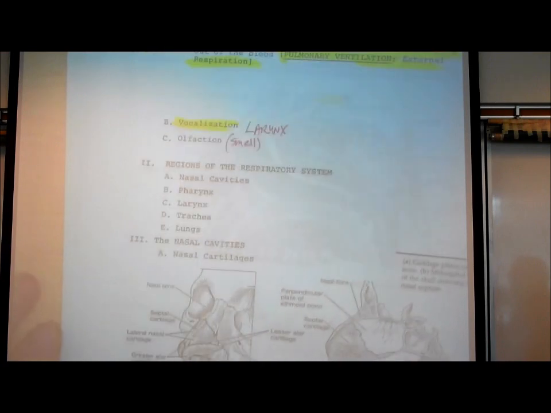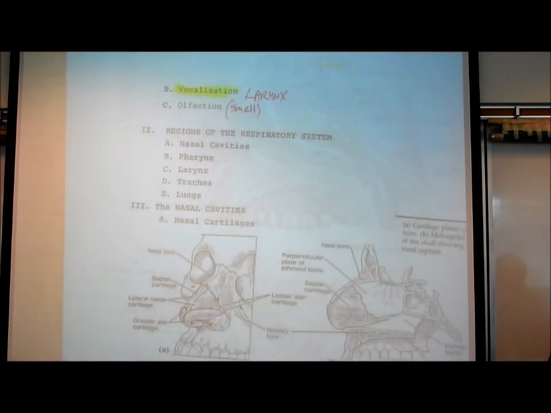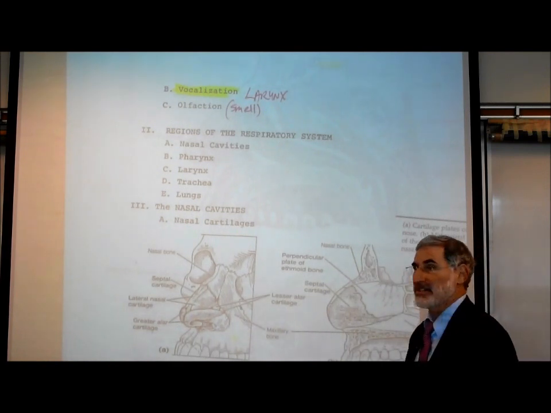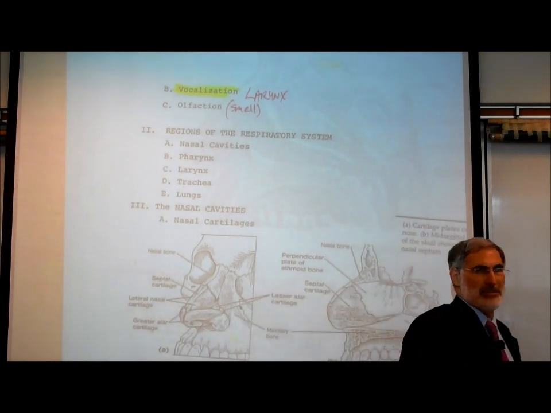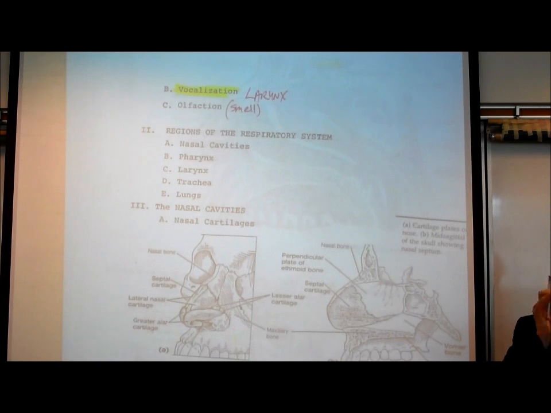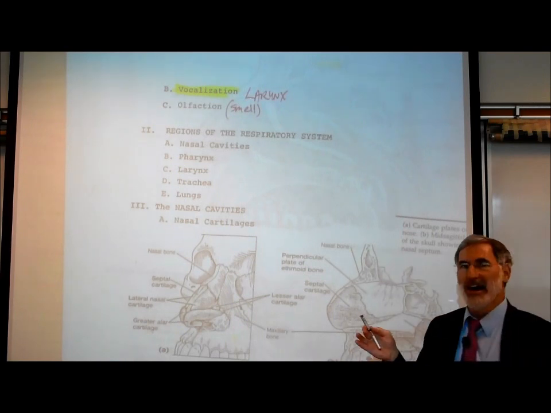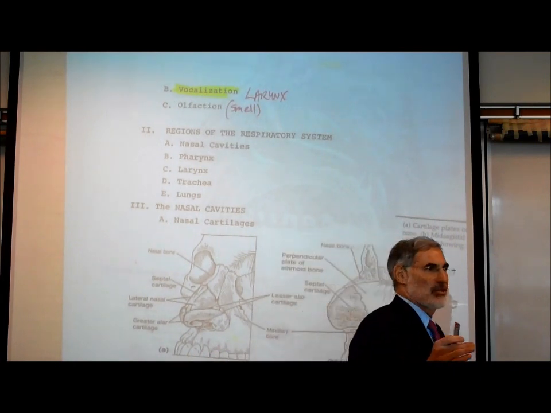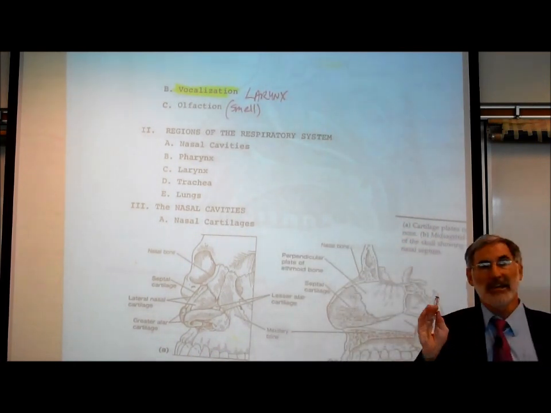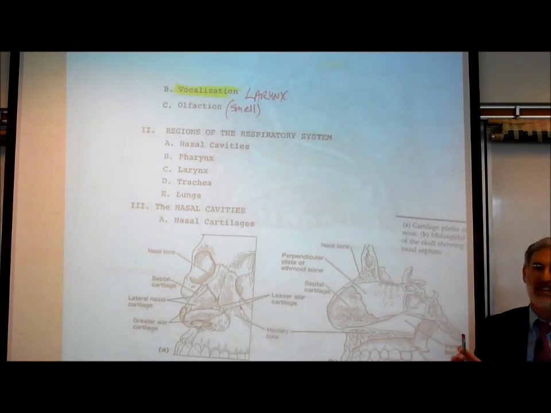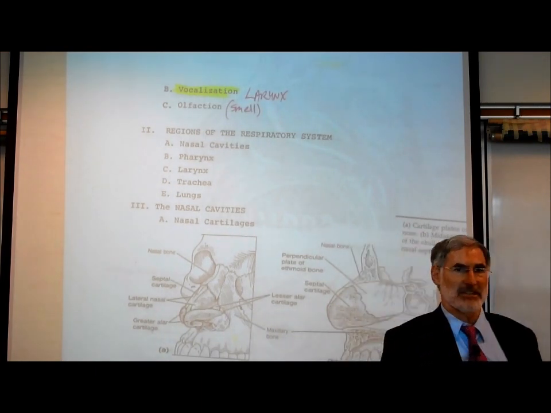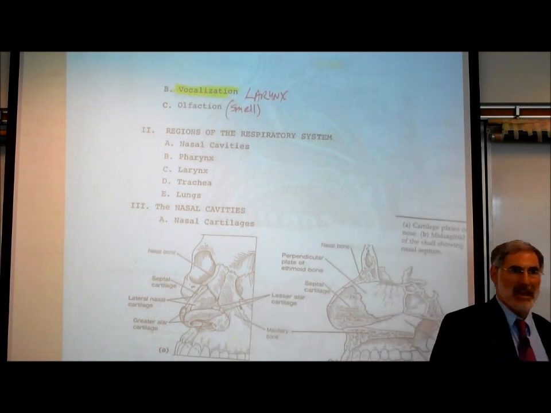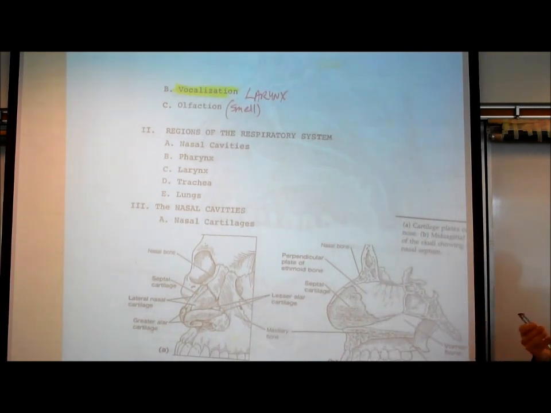All right, now we're going to divide the respiratory system into different regions, just as we did with the digestive system and the kidneys. Remember, with the alimentary canal, we talked about how food moves through it. It goes from the oral cavity, oropharynx, laryngopharynx, and down the esophagus to the stomach, to the duodenum, jejunum, ileum, cecum, ascending colon, transverse colon, descending colon, sigmoid colon, rectum, and anus. We've talked about the regions of the urinary system, the kidneys, the ureter, urinary bladder, urethral canal. We've talked about the parts of the nephron,